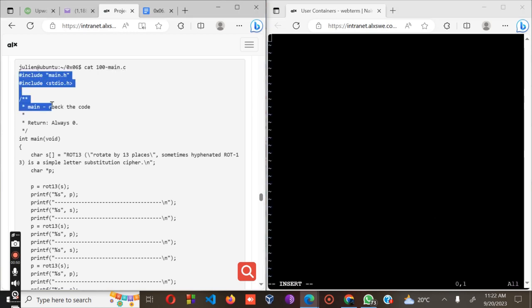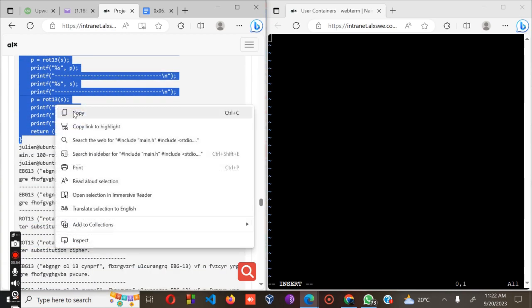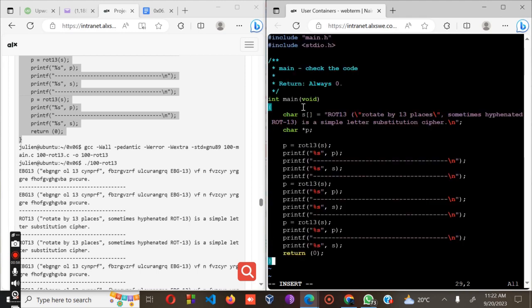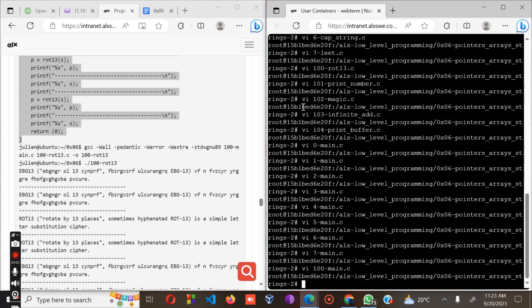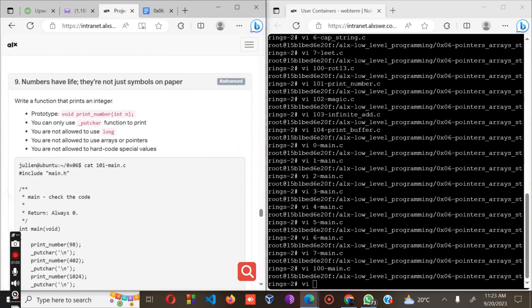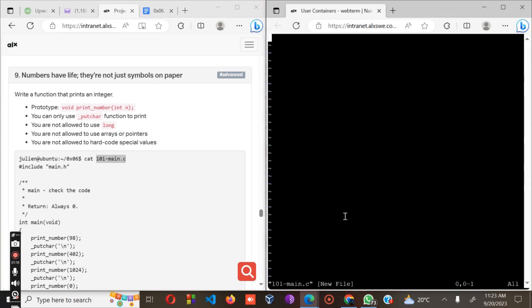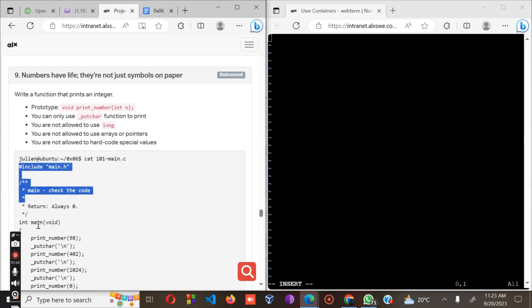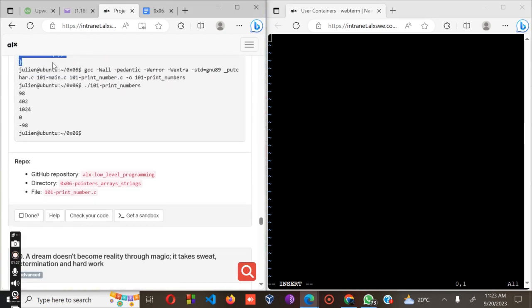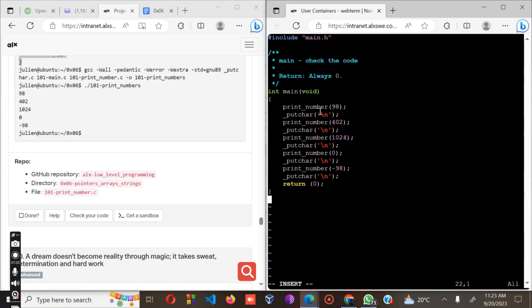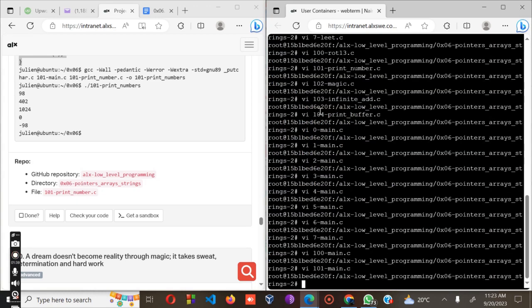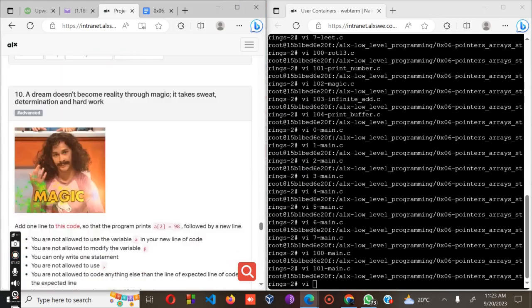Insert, copy this, copy, then you paste, escape, WQ. Okay, the next part, number 9, 101, copy, okay, then the VI,